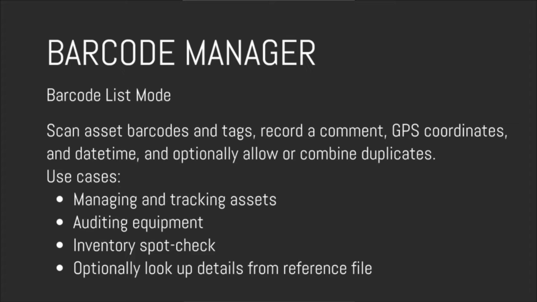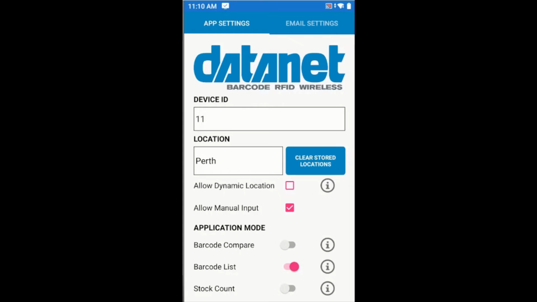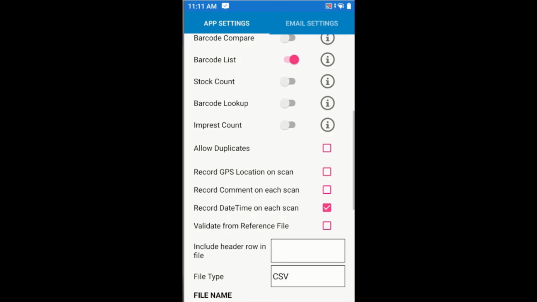Hi, in this video I'm going to be looking at the Barcode List Mode in the Barcode Manager application, which is the second mode in the list here. This mode is most useful for auditing and making lists of barcoded assets which are unique or otherwise don't have a high quantity. With the Barcode List Mode active, I'll scroll down and we'll take a look at some of